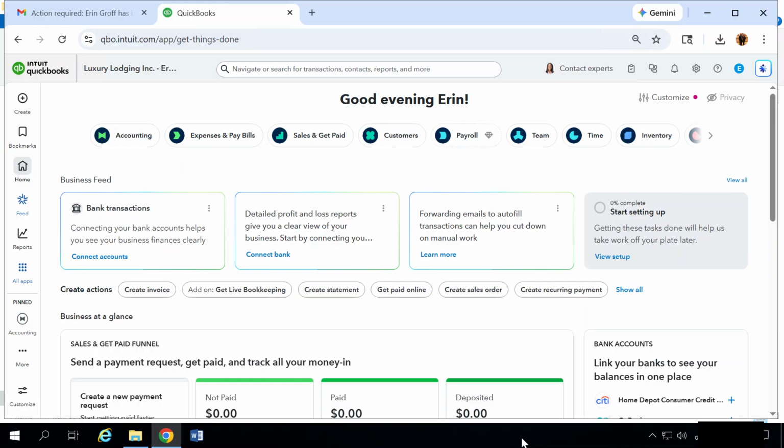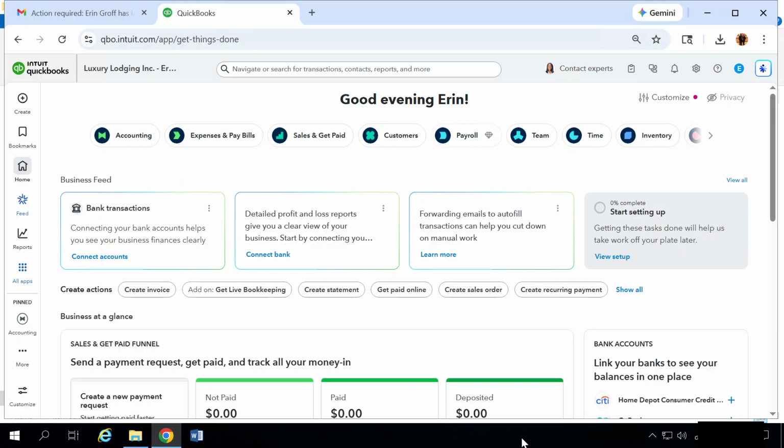The products and services list will include a handful of items already. However, you will need to add new items or edit existing items to customize the list for your business. Luxury Lodging provides vacation rentals in both Texas and California. They have 3 different types of rentals available at each location: a 1-bedroom plus loft, a 2-bedroom plus loft, and also a house. In addition to lodging, they also provide a few other services, such as dry cleaning, housekeeping, and